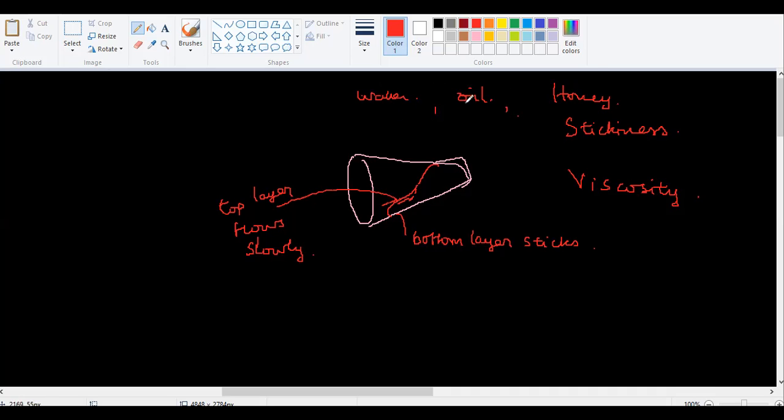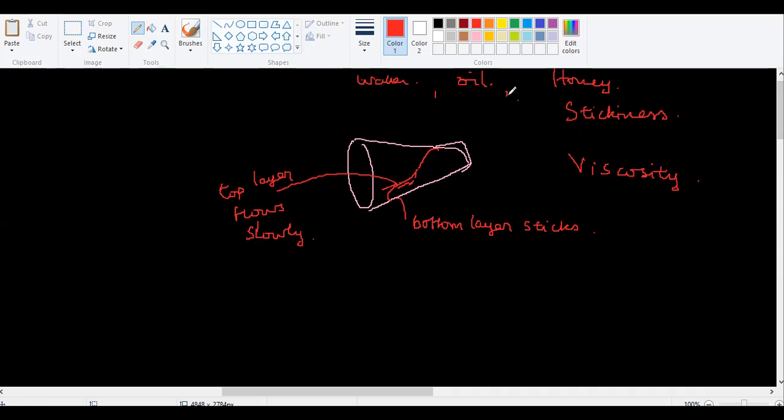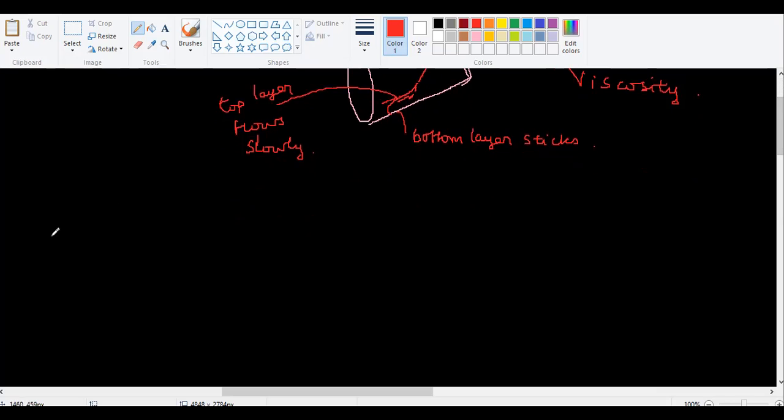What do you mean by qualitative? We cannot put any numbers. But in engineering and physics, we like to put some numbers. So we have to know how to compare different materials for different properties. Somewhere else in the solids, we studied a concept of the top layer moving and the bottom layer not moving. Anybody remember what that concept was? Shear, very good. So that means the bottom layer is sticking, whereas